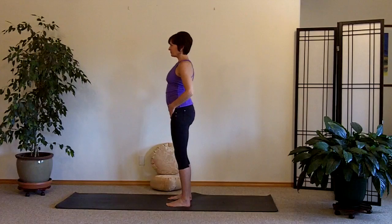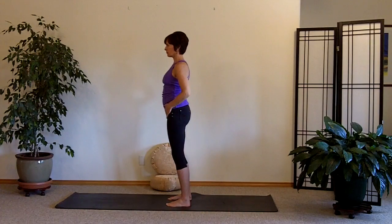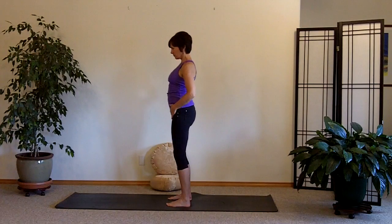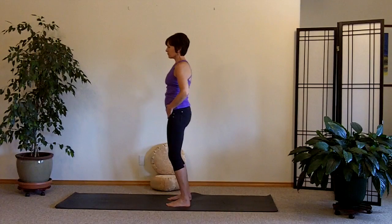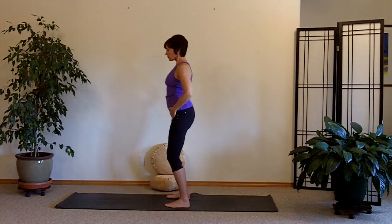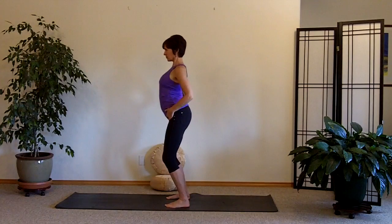Inhaling forward and then exhaling backward. Take it just a step at a time. Inhaling forward, now exhaling backward, flowing all the way through. Once you've located the movement of the rib cage, forward and back, opening your solar plexus, activating your spine,